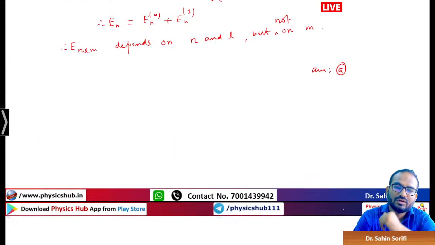Okay, let us now talk more about the radial wave function. We have talked in detail about the angular part of the wave function. Let's now talk about the radial part of the wave function, or you can also say the spatial part. The spatial wave function